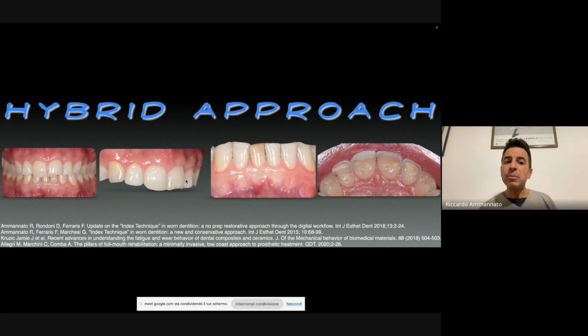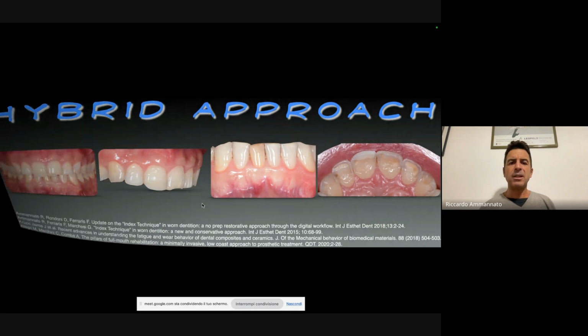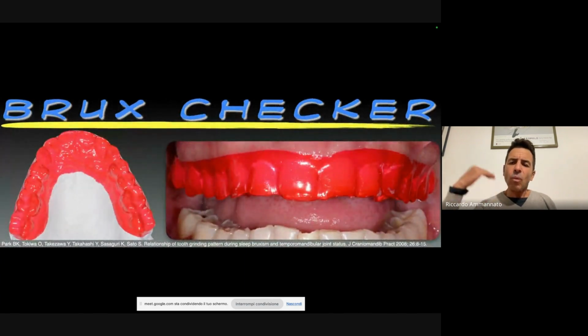This is the anterior part of this case. Also, we had a problem here with an endo-treated tooth, which I will show later how we manage. And one of the steps in my initial protocol, I will share just a few slides later.